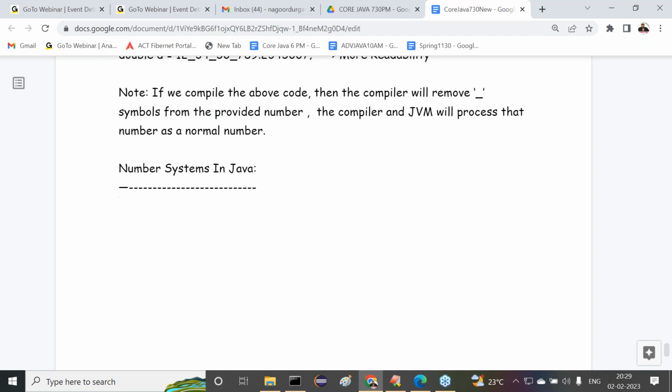Next one is what are the number systems in Java. Clear? Listen, all of you understand this clearly. Not only in the case of the Java programming language. All of you are understanding the points I am telling you, right? Just try to understand the concepts here. These are basics of the basics only. Still, we have not started with Java. Actual Java will start with object orientation. But to understand object orientation, we require all these concepts.